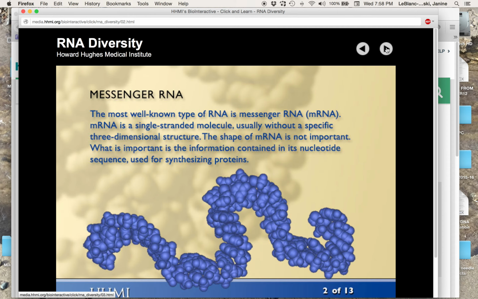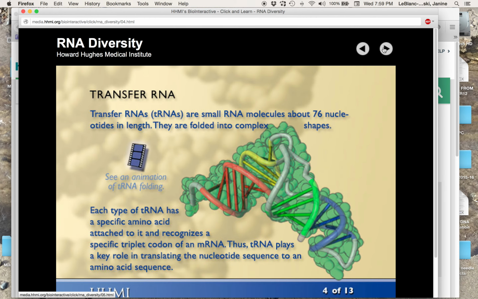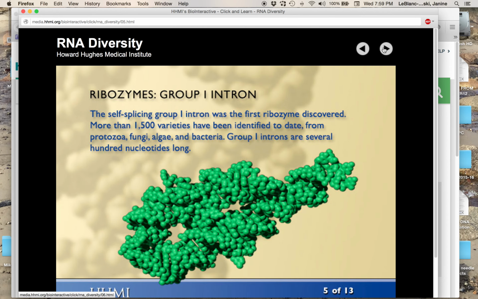Messenger RNA, which encodes the instructions to make proteins. Every 3 nucleotides encodes a different amino acid. Double-stranded RNAs are important in gene regulation. Transfer RNAs bring amino acids into the ribosomes in the construction of new proteins. Ribozymes, many different types of ribozymes. Introns that self-splice,